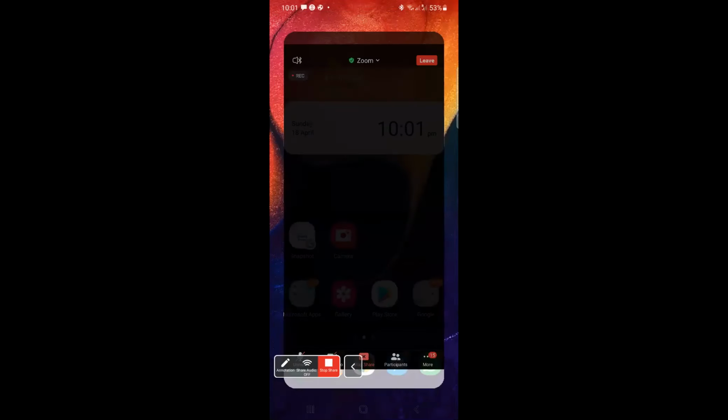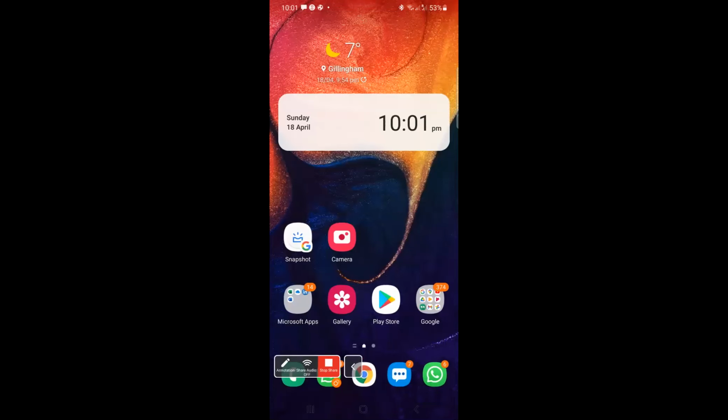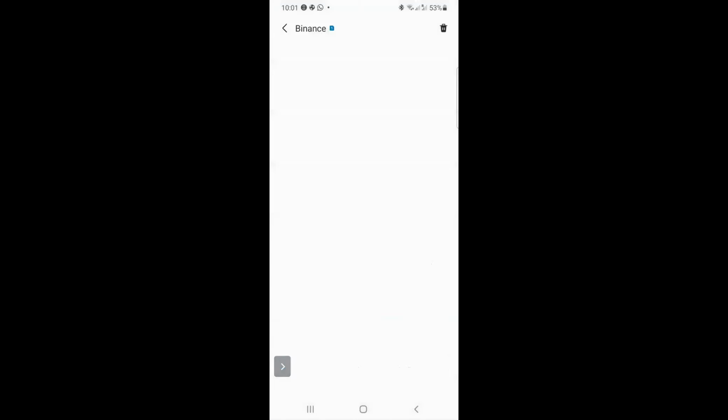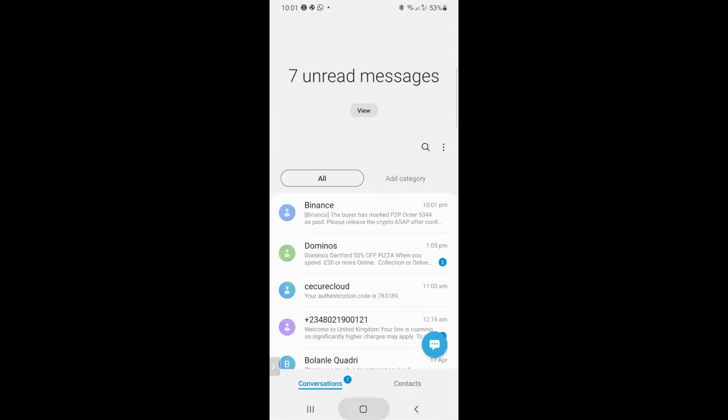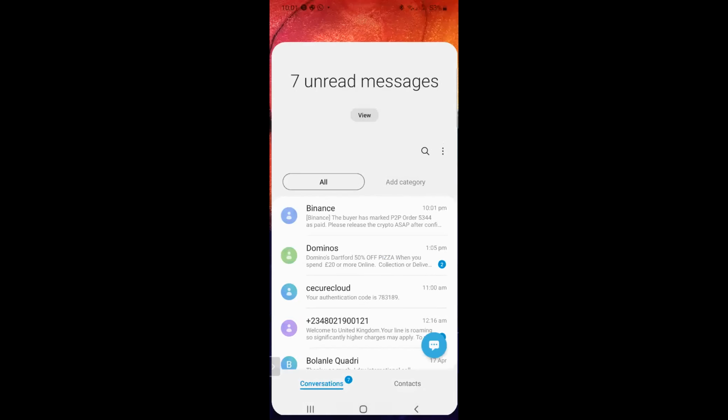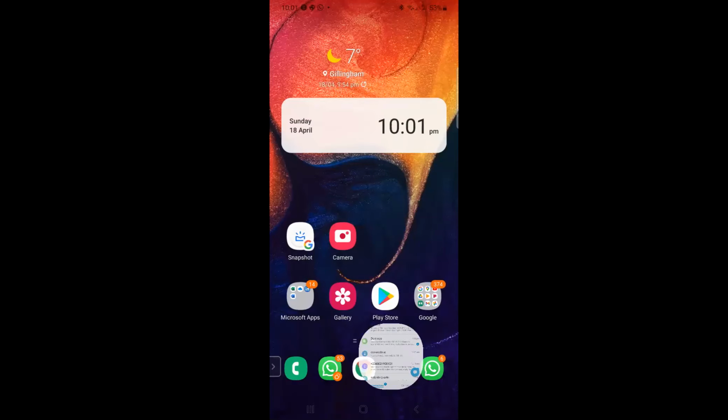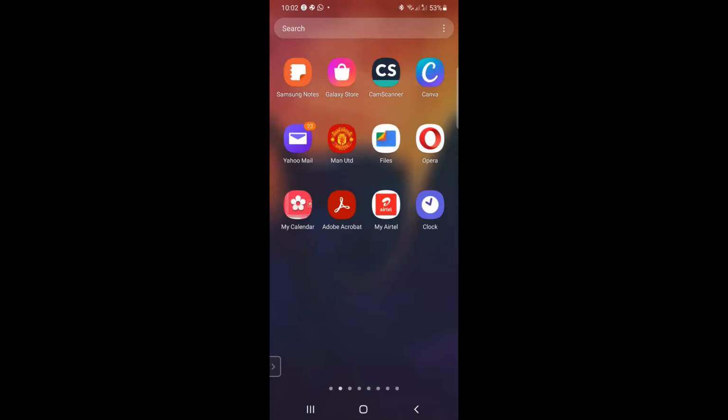Oh, fine. Binance just sent me a text message that a buyer has marked this as paid, and that I should confirm. You can see the message that I should confirm that. So I'm going to go to my Binance app. I actually chose Naira Fiat, so